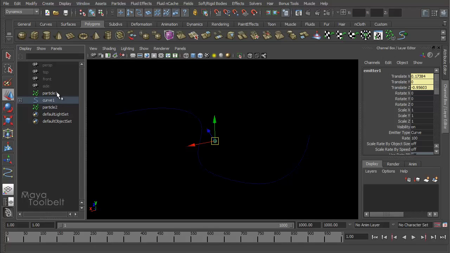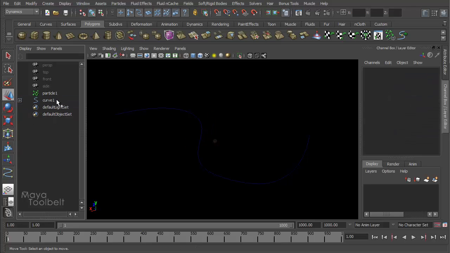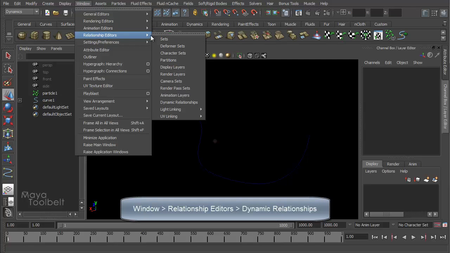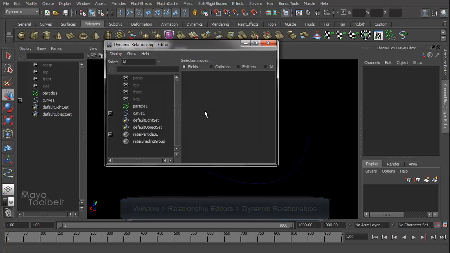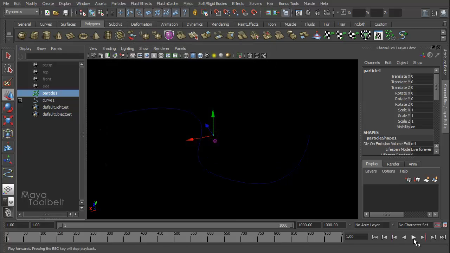And I'll go open my outliner, and you see it made a new particle object. Instead of using the new one, I'm going to delete particle 2, and using the dynamic relationship editor, go to Window, Relationship Editors, Dynamic Relationships. I'm going to choose particle 1, which are my little spheres, and over here choose the emitter button and click on emitter 1 and close that. And now when I hit play,